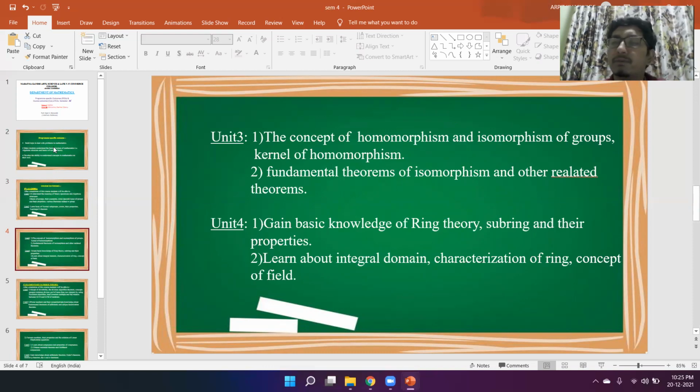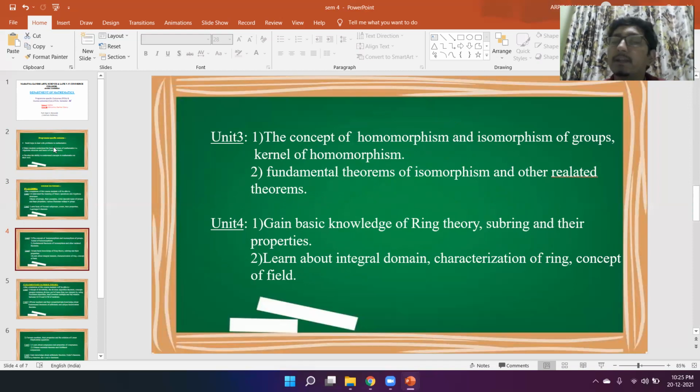This is a very important concept in group theory and other related theorems of group theory. From Unit 4, the basics of ring theory are given. So students will be able to understand the basic knowledge of ring theory. What is a ring? A group is an algebraic structure consisting of a single binary operation. A ring is an algebraic structure which has two binary operations. So in this unit, students will be able to learn the basics of ring theory,